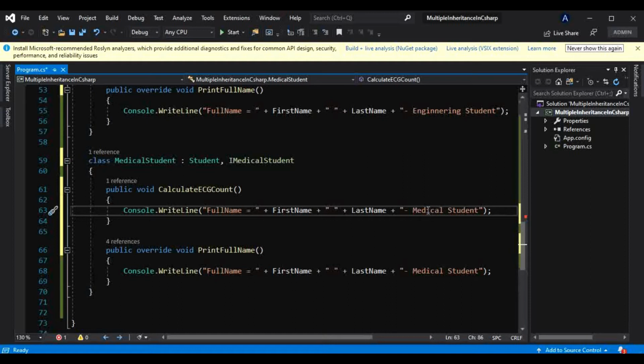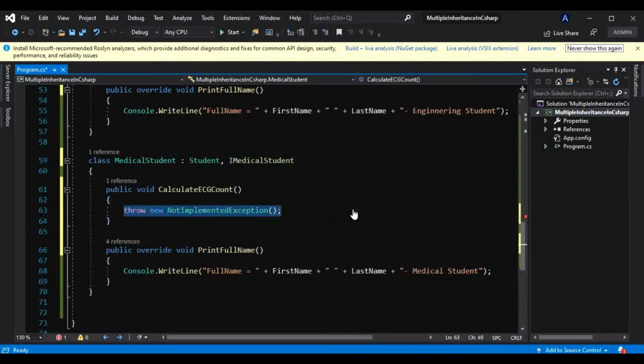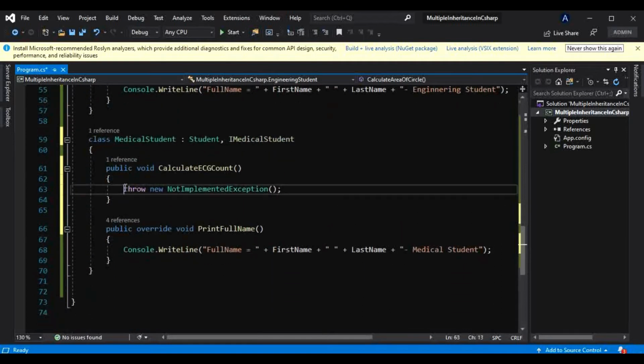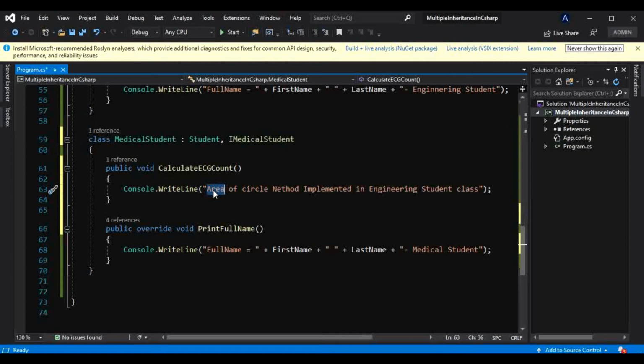Okay, so coming back to this concept now, not this implementation, I have to copy this. And I have to give a semicolon here, that is why that method was giving us an error. And I have to copy this and paste this here, and I will make just a simple change here.